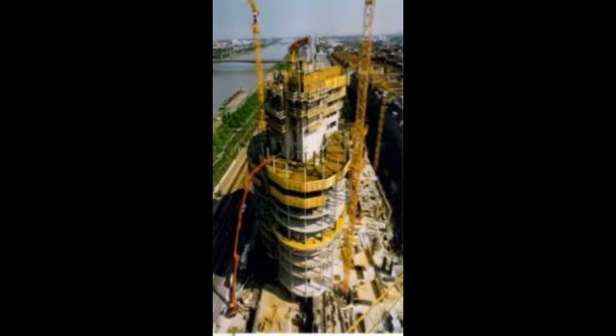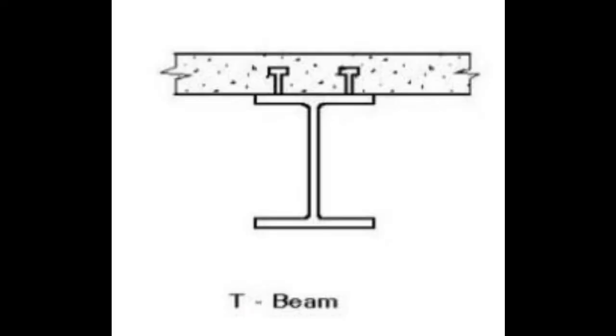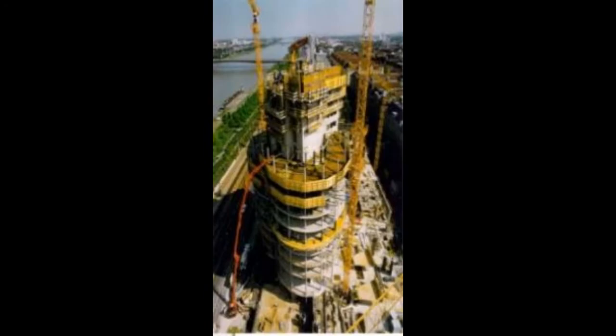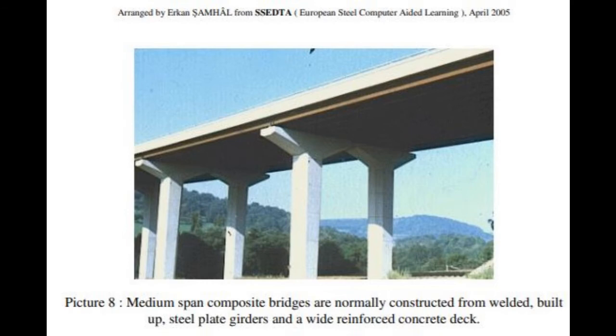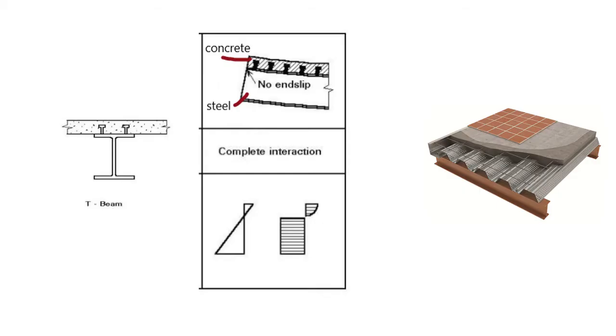What are composite structures? It is actually the most important and most frequently encountered combination of construction materials: steel and concrete, with applications in multi-story commercial buildings, factories, as well as bridge construction. Composite construction refers to two load-carrying structural members that are integrally connected and deflect as a single unit.